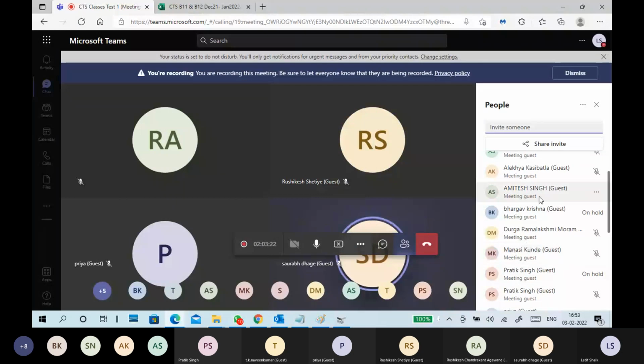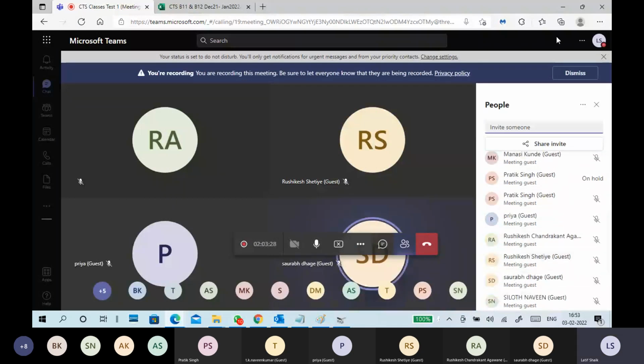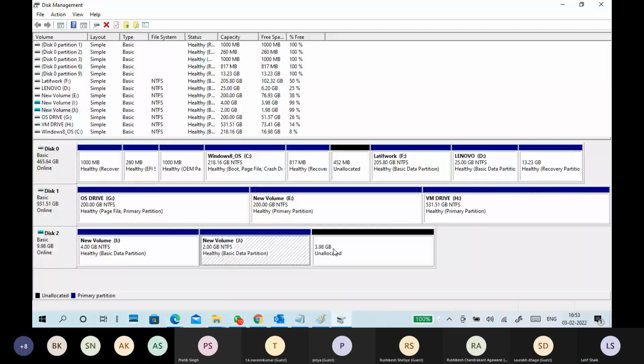Alekia is there. Pratik Singh is also there. Anyone? Tell me how to add this 4 GB to 2 GB.